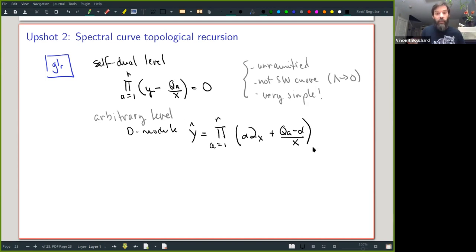It's very complicated to do it for arbitrary level, but we do manage to do it in the GL1 case, and we get explicit expressions. So it's kind of cool if you're interested in these things. That's one thing that we get. And in the case of SO2R, we also do it. We get a topological recursion on a spectral curve that pretty much looks like this, but it's a double cover of this. This is a new topological recursion, which we call B type, and D type, sorry, in the case